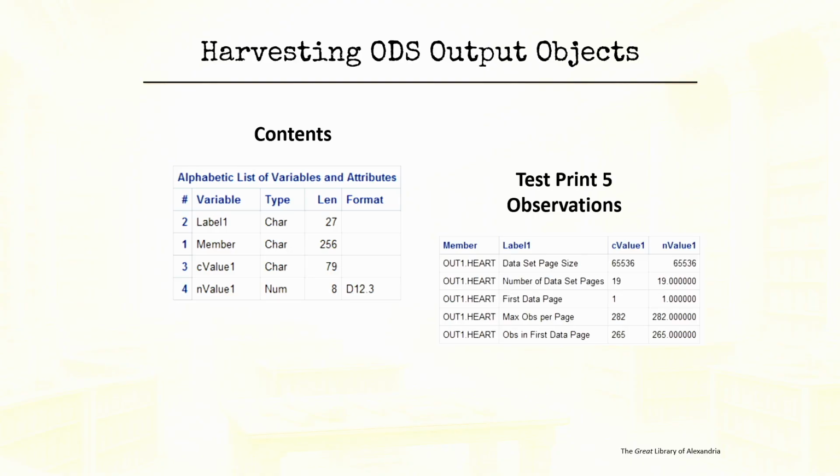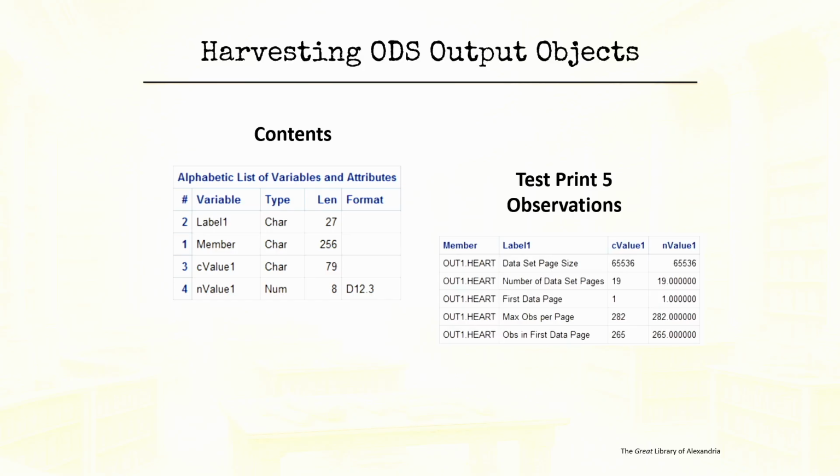And the reason for that is SAS creates that character value because that's what it prints in your listing output. But you may not want that. You may want a comma in the middle. You may want a format. So it also gives you the numeric value. So if you want to do a custom format on that numeric information, you can do that.